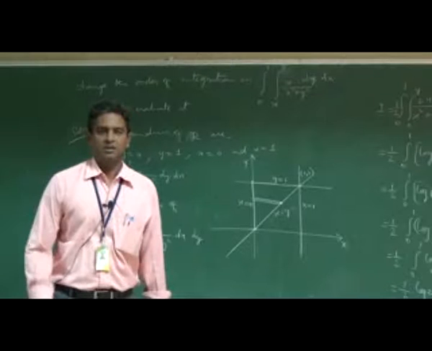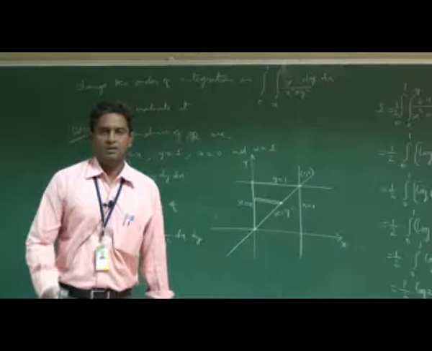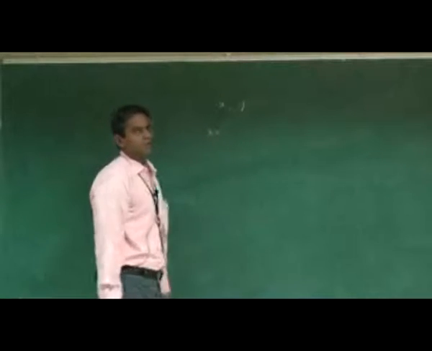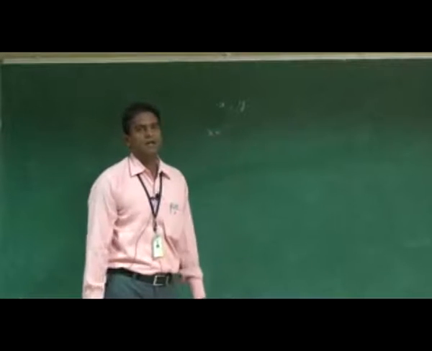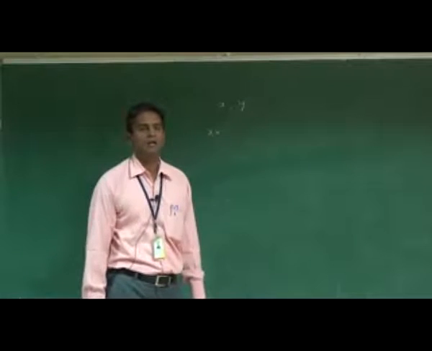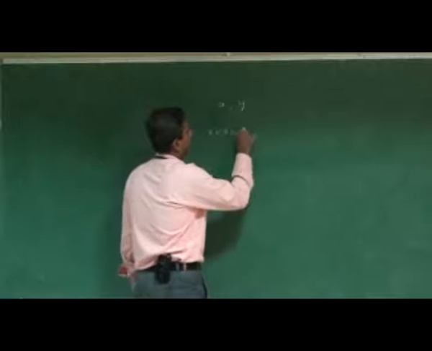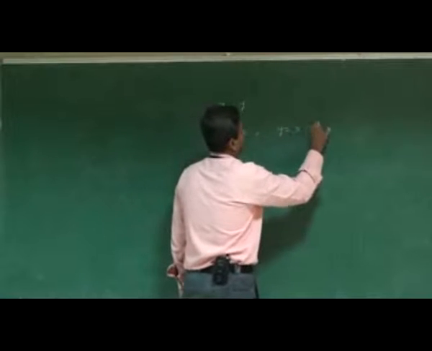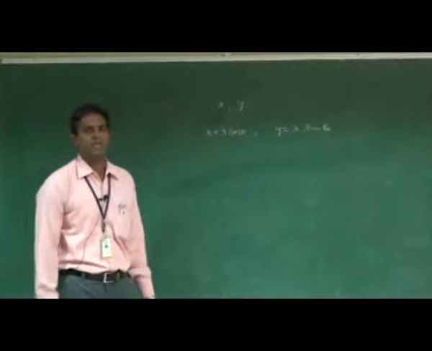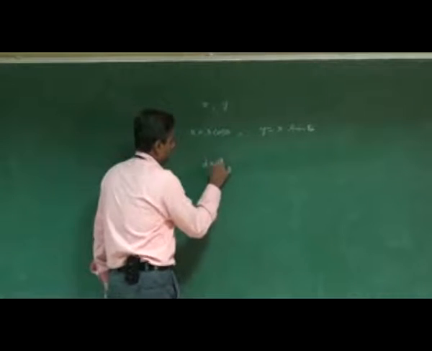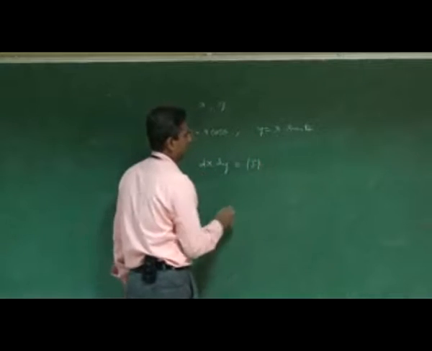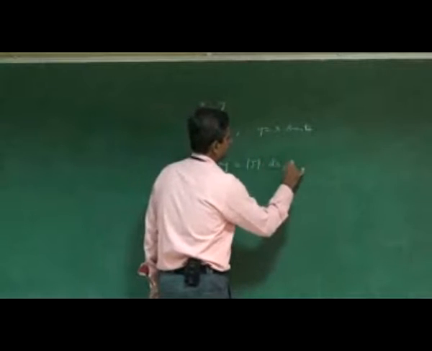See, we know the Cartesian coordinates x and y. Corresponding to the polar coordinates, we take the relation between x and r and theta, and y with the corresponding r and theta, that is x equal to r cos theta and y equal to r sin theta. So in this case we take the double integral of the given case, we use dx dy, we use the Jacobian for the given case into dr into d theta.